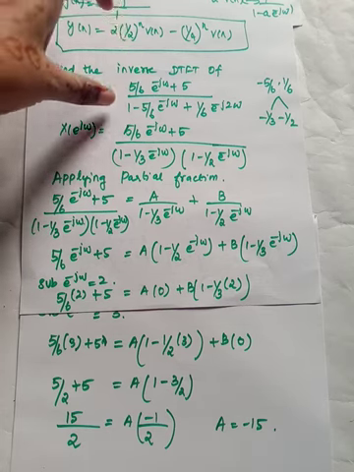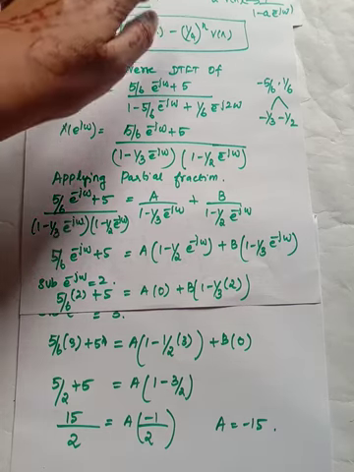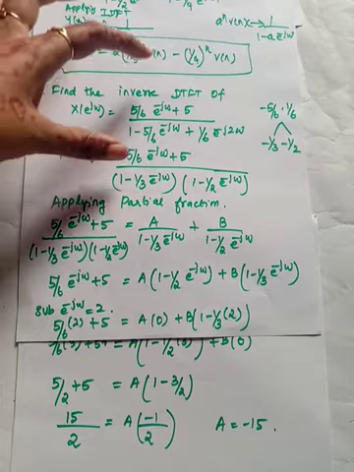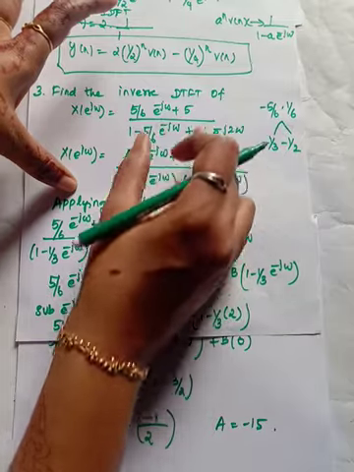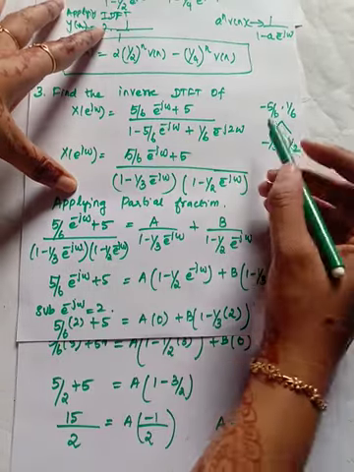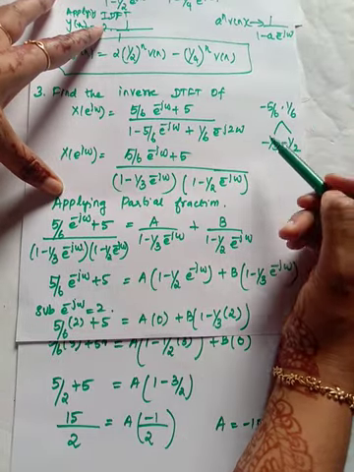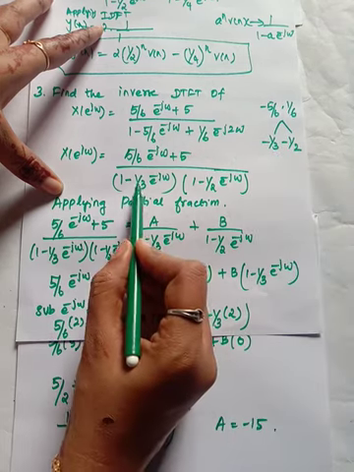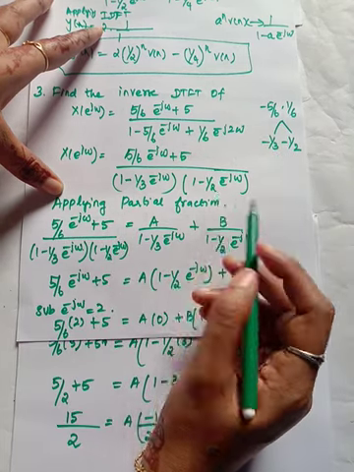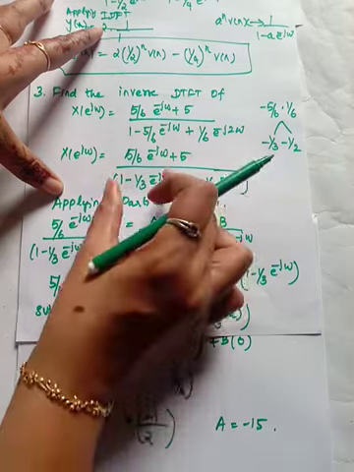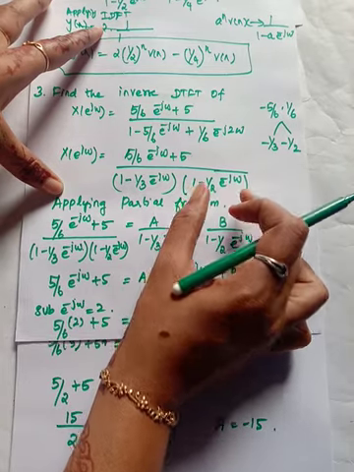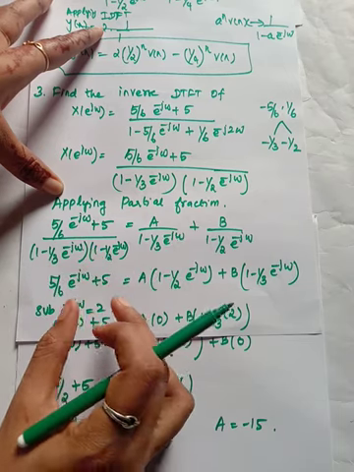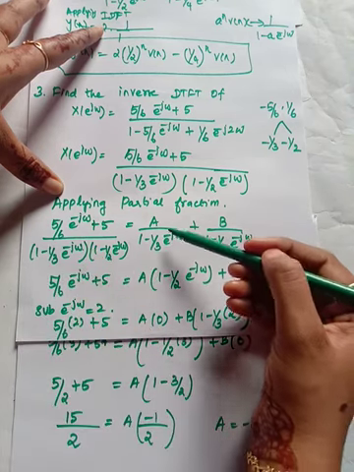Here, in order to apply this formula, I need to split this term by finding the product of this term. Here I am getting minus 5 by 6 and 1 by 6. So the terms I am getting are minus 1 by 3 and minus 1 by 2, and I have written it in this way. Then the next step is I need to split this term, and to split it I need to apply partial fractions. So I have written it in this manner.